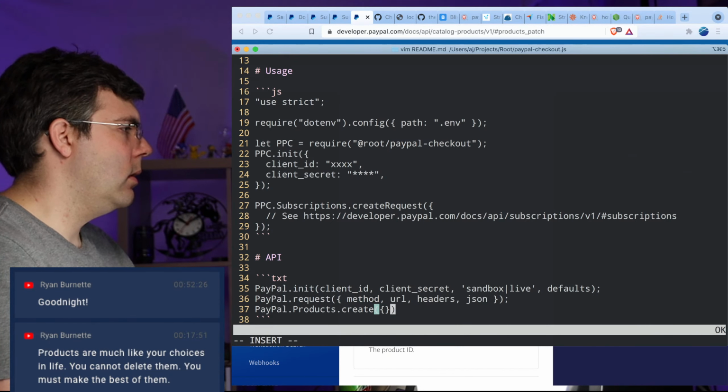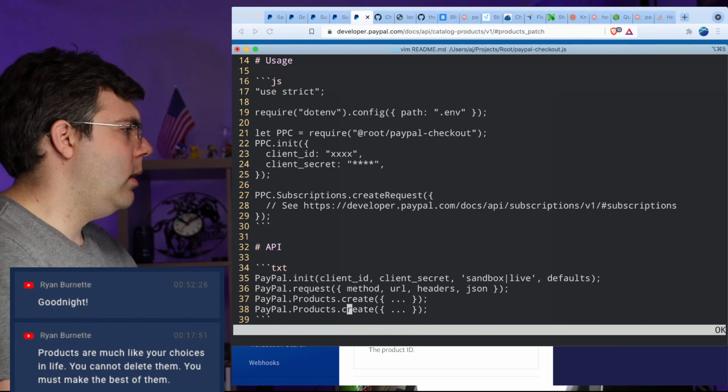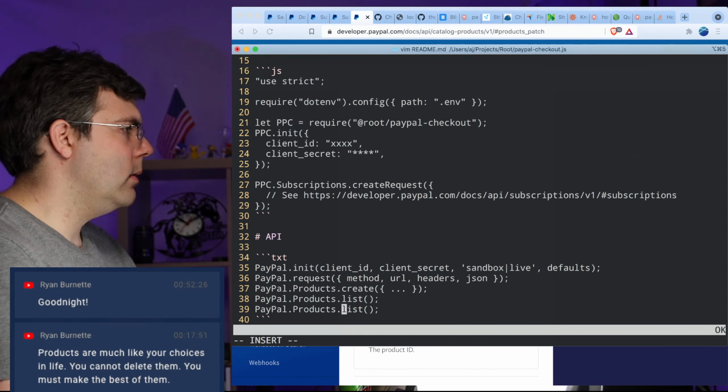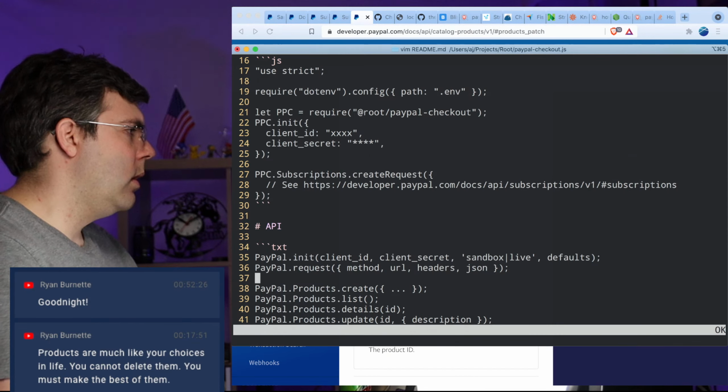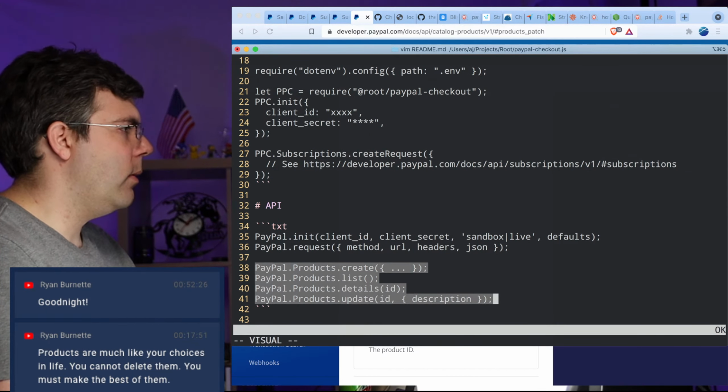paypal.products.create. And then paypal.products.list. paypal.products.details with an ID. Update with an ID and description. And this is pretty much the same thing for plan.